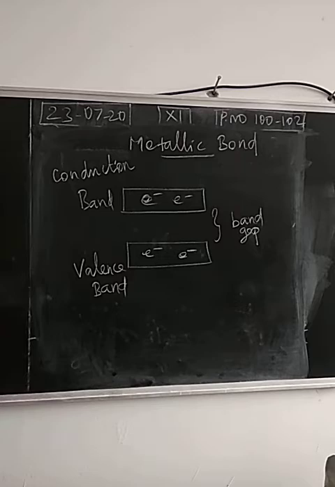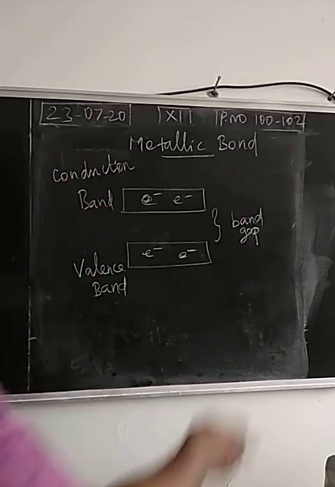So according to molecular orbital theory, molecular orbitals are formed when two metallic atoms join in the form of a metallic crystal. Bonding orbitals will be filled. This is important, one more question. So the free electrons will occupy the bonding molecular orbital. The anti-bonding molecular orbital will be empty. Okay, so in metals, the anti-bonding molecular orbital will be empty. Electrons will occupy the lower energy bonding molecular orbital, and the band gap is 0.